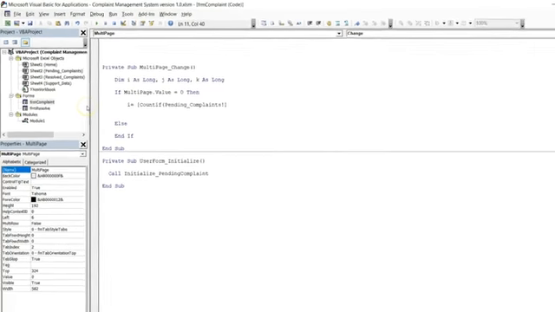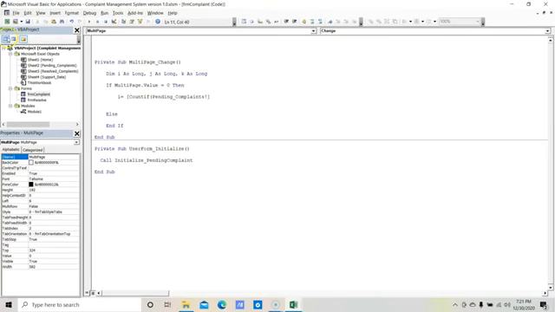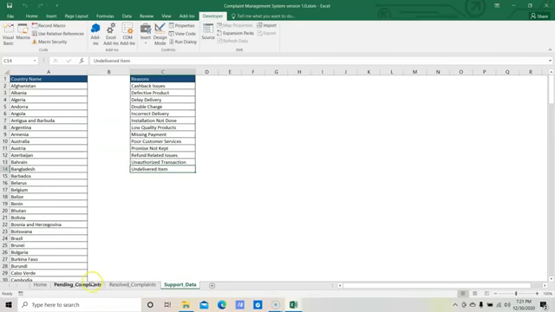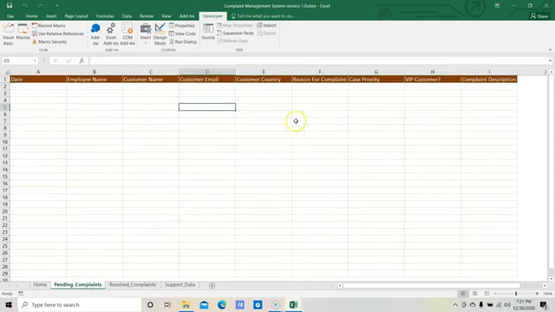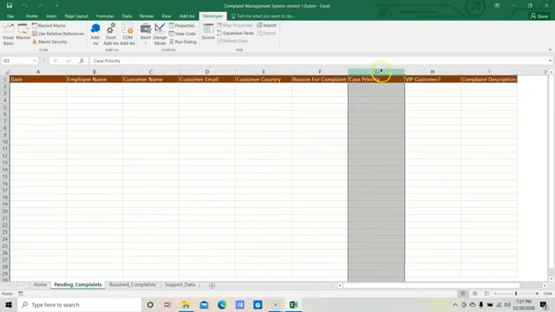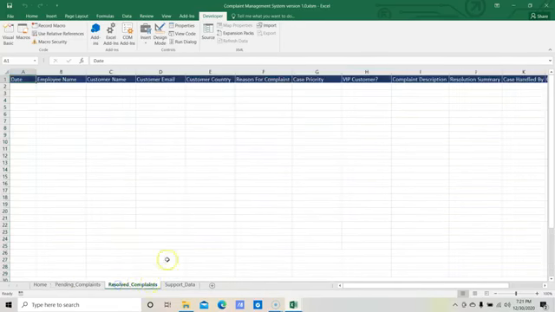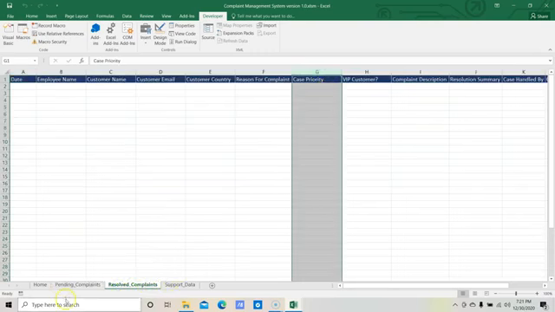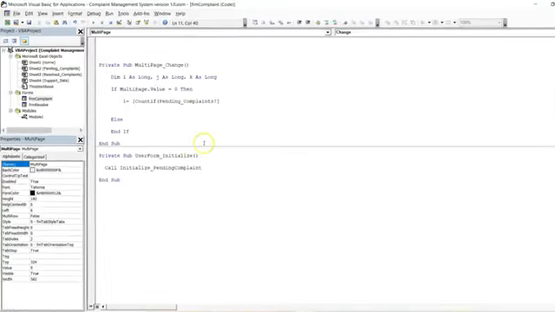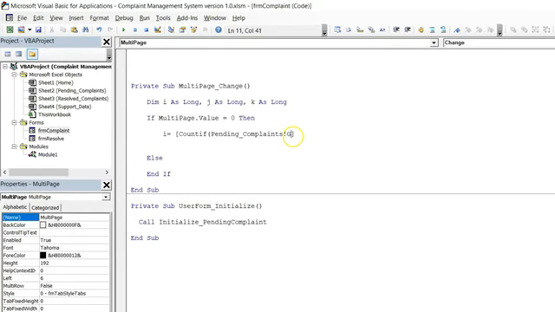And let me move to the Excel worksheet basically here, and pending complaints. So the priority is available in G column, so we will refer the G column, and for resolved again this is also available in G column. So for both the worksheets priority is available in column G. So while writing the code we will use this column number. Okay, so G and G,